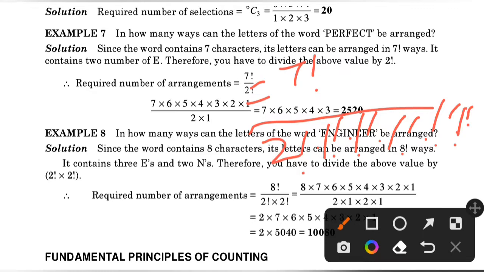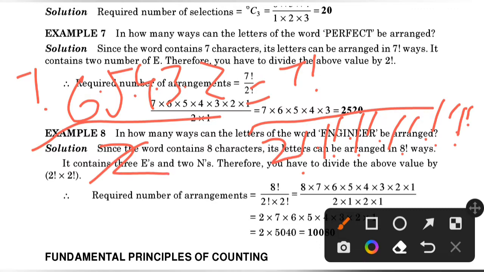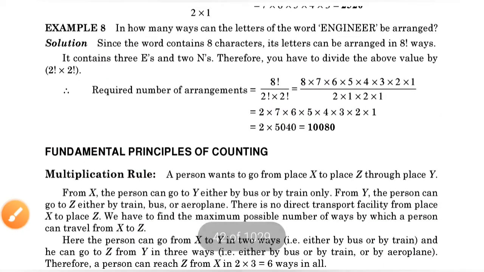And 7 factorial means 7, 6, 5, 4, 3 and 2, and it will be divided by 2. The 2 will be cancelled with 2, and if we multiply all these numbers 3 up to 7, we get 2520 is the required ways. Okay. In the next example, number 8,